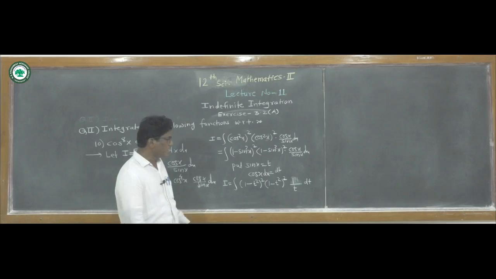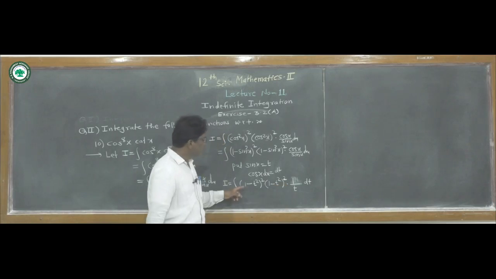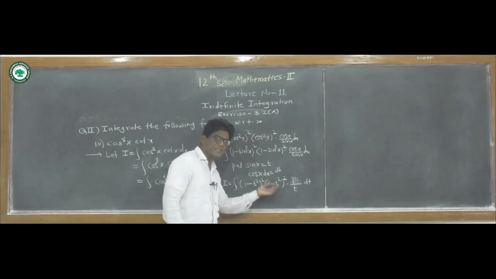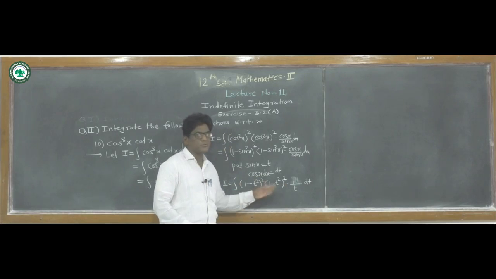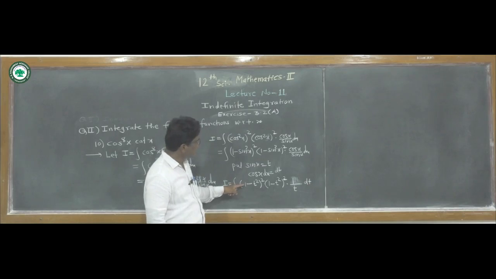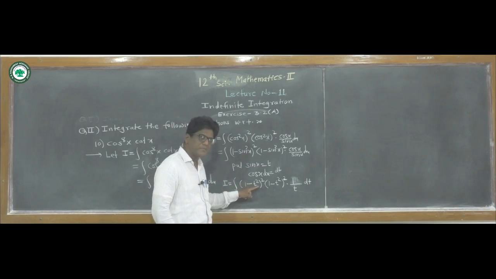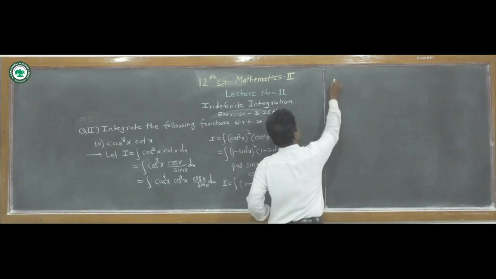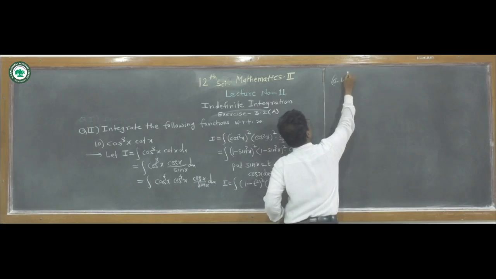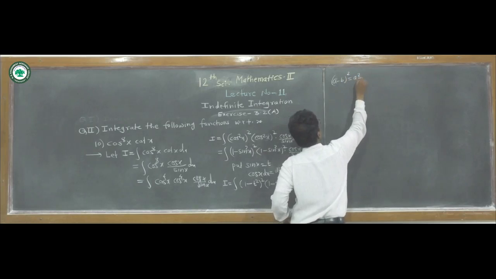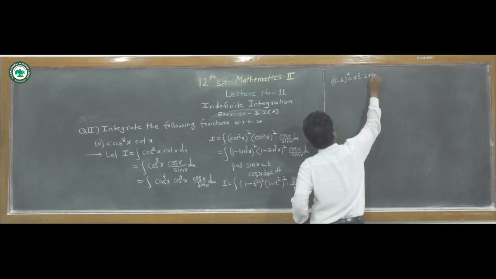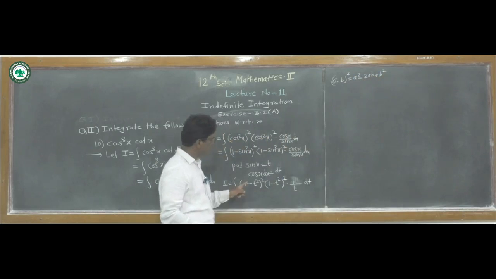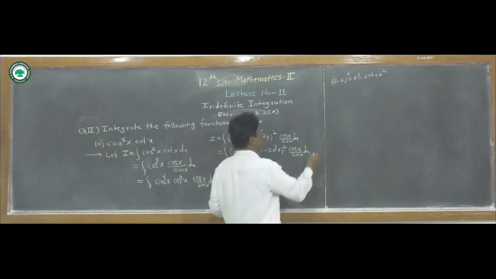Now here firstly expand these brackets. We expand these two brackets and then we take the product of these two brackets. So here we use the formula (a minus b) bracket square. What is that formula? (a minus b) square is equal to a square minus twice ab plus b square. This formula we have to use for expanding this. So I is equal to